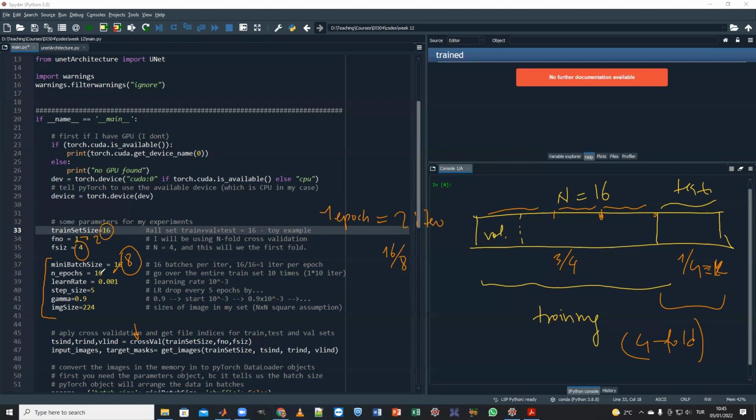These are the training parameters: the number of epochs, how many epochs I'm going to run, the learning rate, and the step size and gamma for the learning rate drop. I'm going to be dropping the learning rate by this amount every 5 epochs. I'm going to show you how. This is my input image size. This network can accept any kind of value, but I need this value because